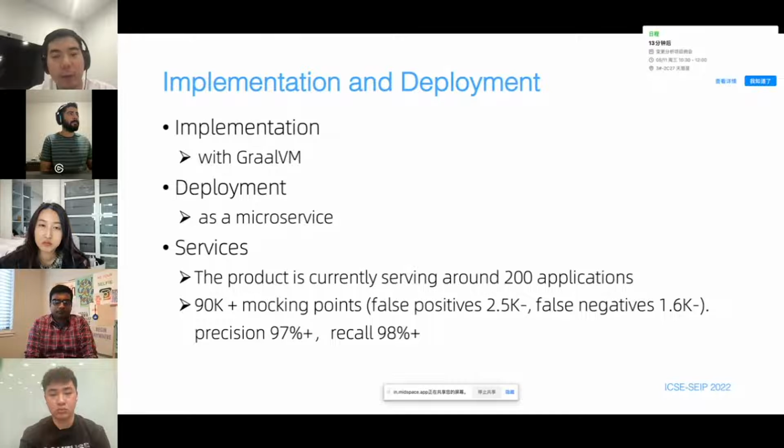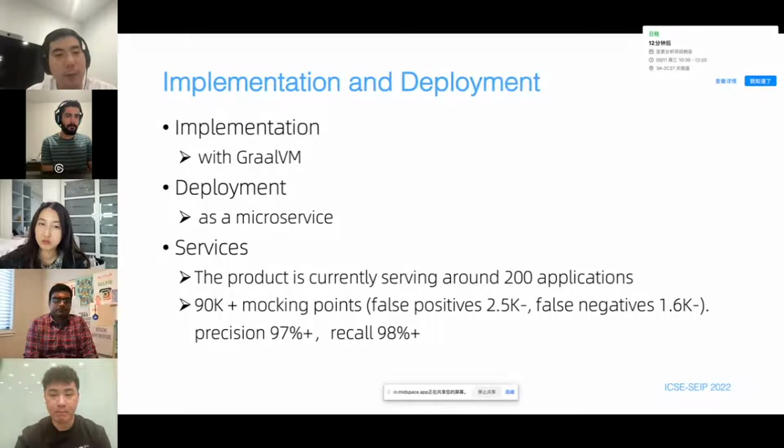So we have implemented it with GraalVM and deployed it. It has been serving around 200 applications, which is 200 microservices. Each of them contains about 10,000 lines of code to 1 million lines of code. So it has successfully generated more than 90,000 mocking points with a precision more than 97% and the recall more